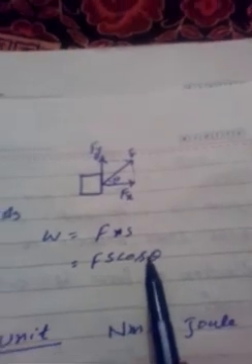Let a force F be acting on a body making an angle theta with the horizontal axis. This is the horizontal axis and this is the force, making an angle theta with the horizontal x-axis, and it makes a horizontal component Fx and a vertical component Fy. These are the two components Fx and Fy, both components of force F. Then in this case W will be equal to Fs cos theta.